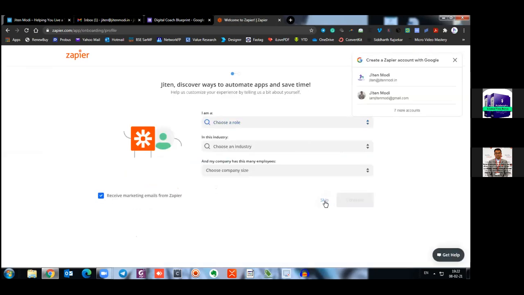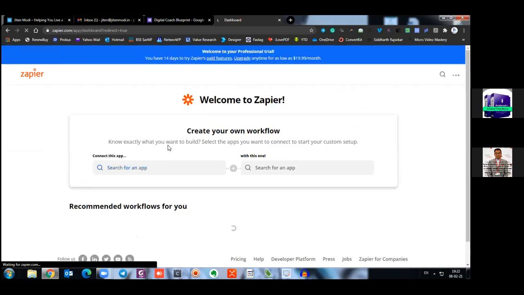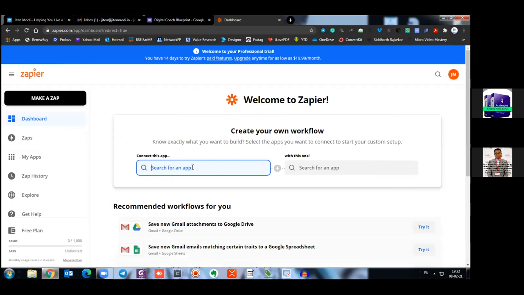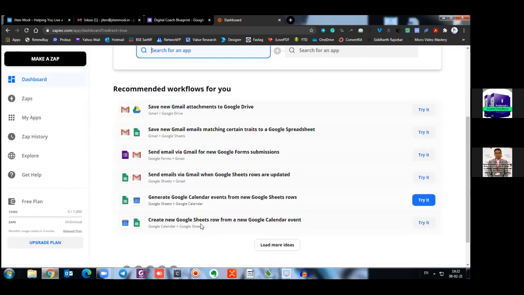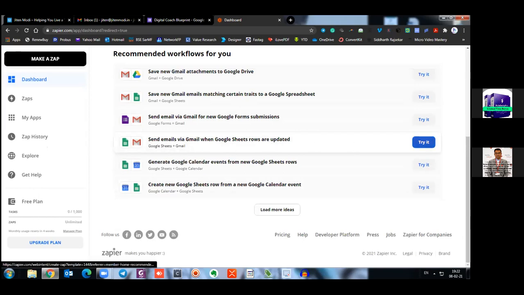All right. So no, that's fine. Here you can choose anything like a role and other thing. All right, leave it. We have come up to the flow. So here, if you can scroll down also, you will be able to see this: send email via Gmail when Google Sheet row is updated. Just click on try it.